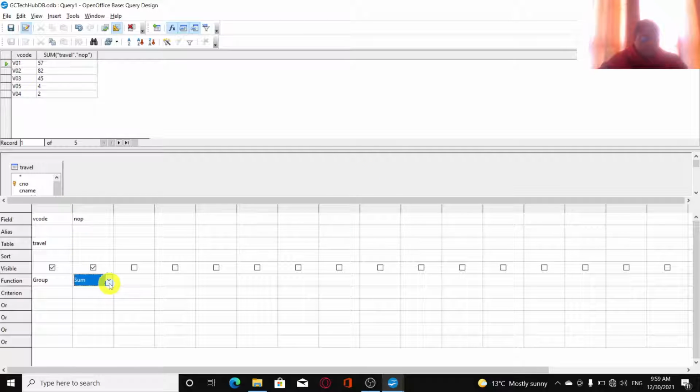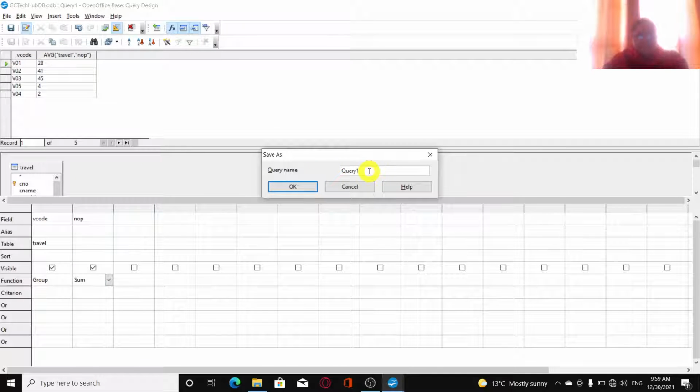So from here if you just change it to say average, it will give you the average number of passengers who traveled in each vehicle. So I'm just going to change it back to sum because that was our question.